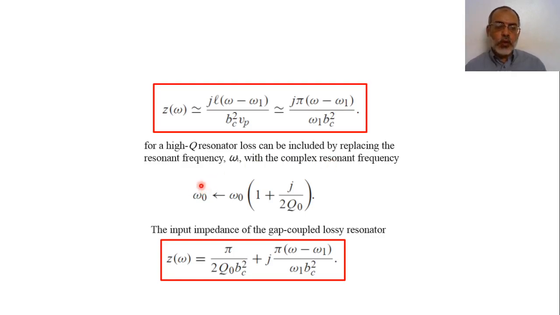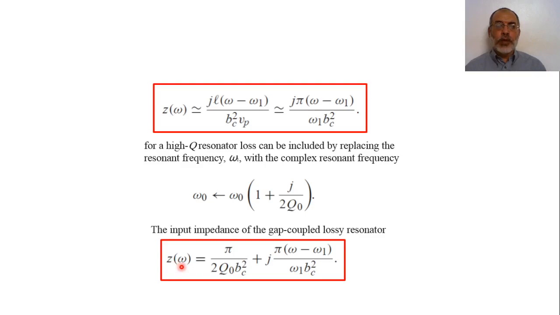Assuming that the resonant frequency is called omega naught, the corresponding complex frequency is omega naught multiplied by 1 plus j over 2Q naught, where Q naught is the unloaded quality factor. So we are calling the resonant frequency here omega 1, not omega naught. So instead of omega 1, we are going to replace it by omega 1 multiplied by 1 plus j over 2Q naught, where Q naught is the unloaded quality factor of the resonator. Doing this, we can obtain the input impedance for a slightly lossy resonator as